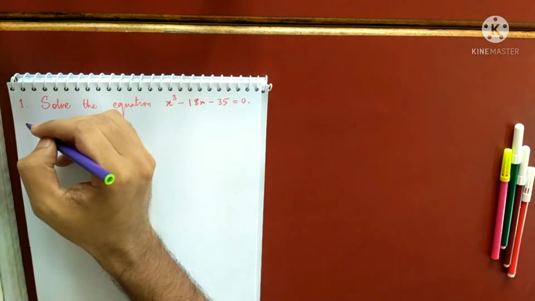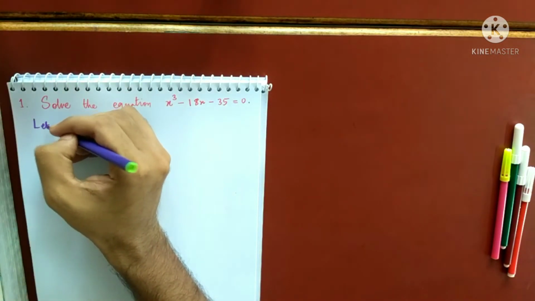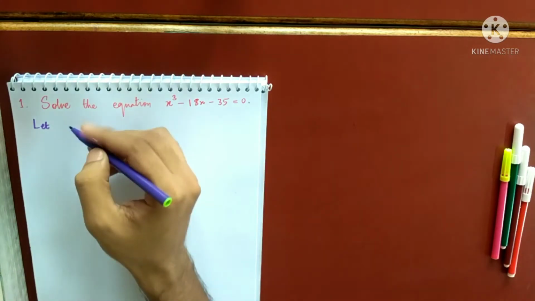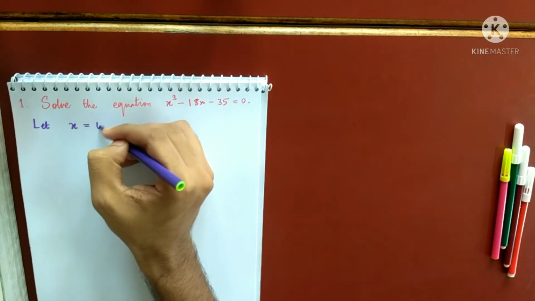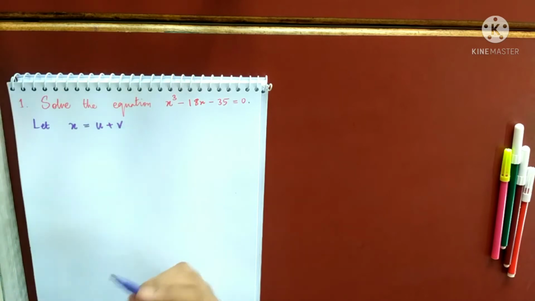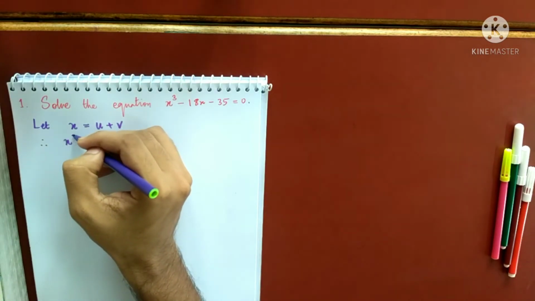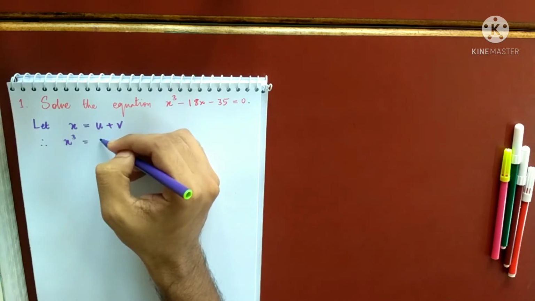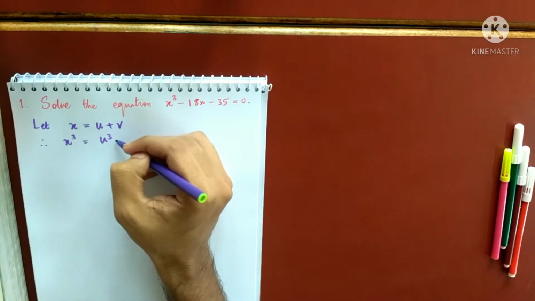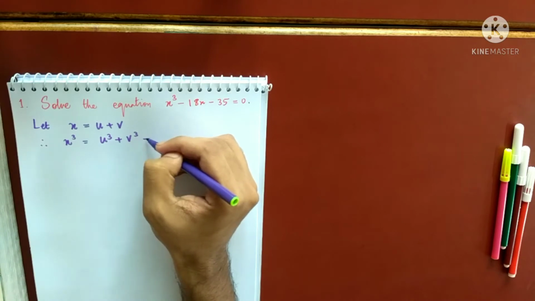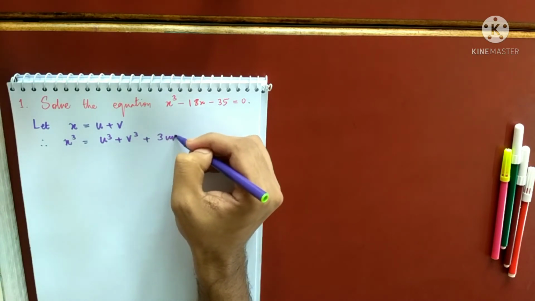So what was Cardan's rule? We first assume z, but instead of z they have written x here. So let x equal u plus v. This is how we start. We find x, we cube both sides. x cube equals u plus v whole cube, that is u cube plus v cube plus 3uv in bracket